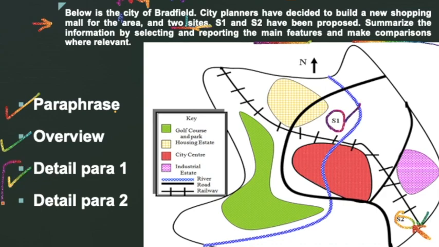Now here in these two paragraphs, this is where you're going to be making comparisons and contrasts. Now let's take a look at the other things that are there. This is the housing estate. This is the golf course and park. This is the city center. This blue line is the river, this bold line is the road, and this line is the railway track. There are different ways of comparison also. One is